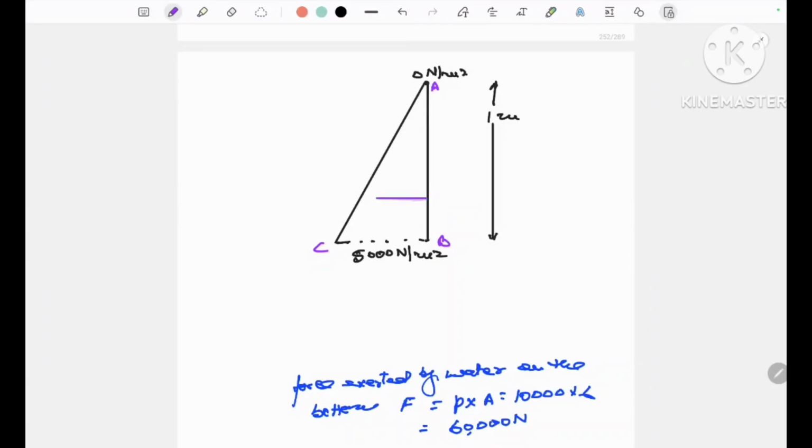This is force acting on this side is 10,000 न्यूटन।